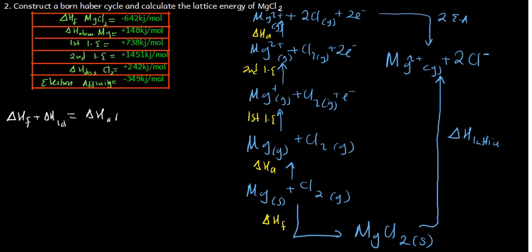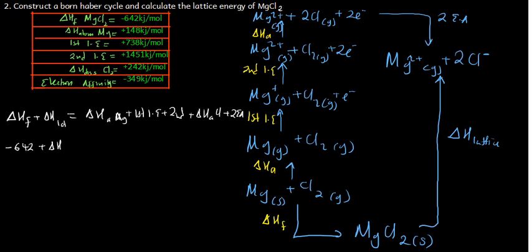Of magnesium plus first ionization energy plus second ionization energy plus enthalpy of atomization of chlorine, and then plus 2 times the electron affinity. Now we go on and substitute the values. The enthalpy of formation, we've been given the value there, and so we have got negative 642, and then plus